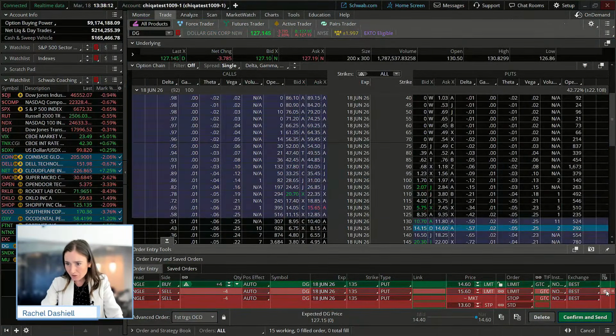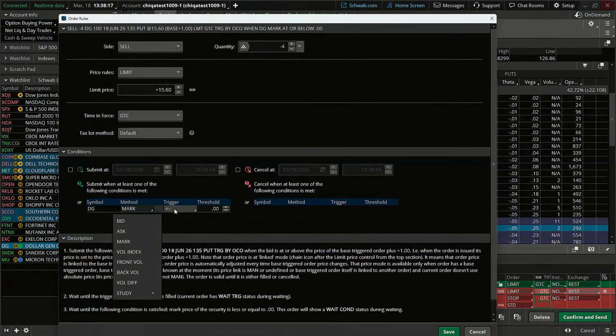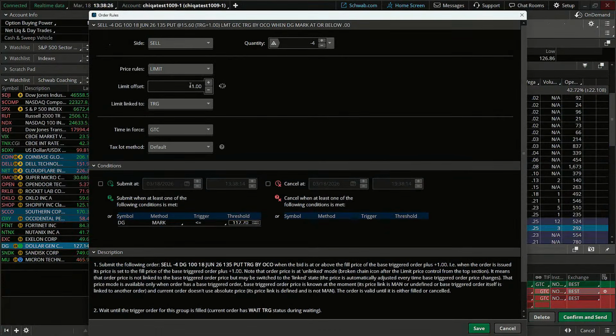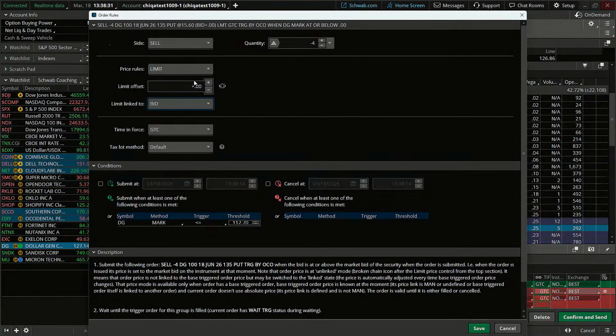So I'm going to go here in this first one, conditional order. When price is less than or equal to, what did I say, 112.70 or so. And we're going to make this a limit offset once again to say whatever the bid is at the time of that option, because we don't necessarily know where it would be. We can use our Theo price tool to really check that out, giving us a few different simulations. But essentially, no one knows.